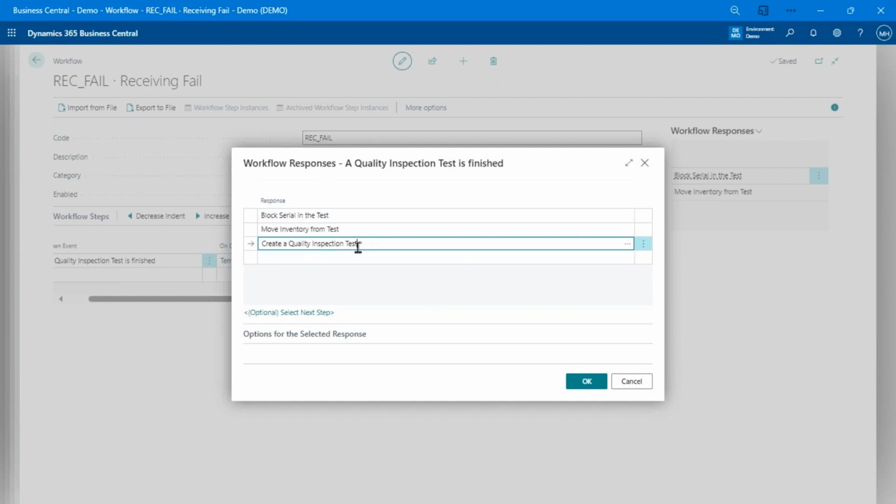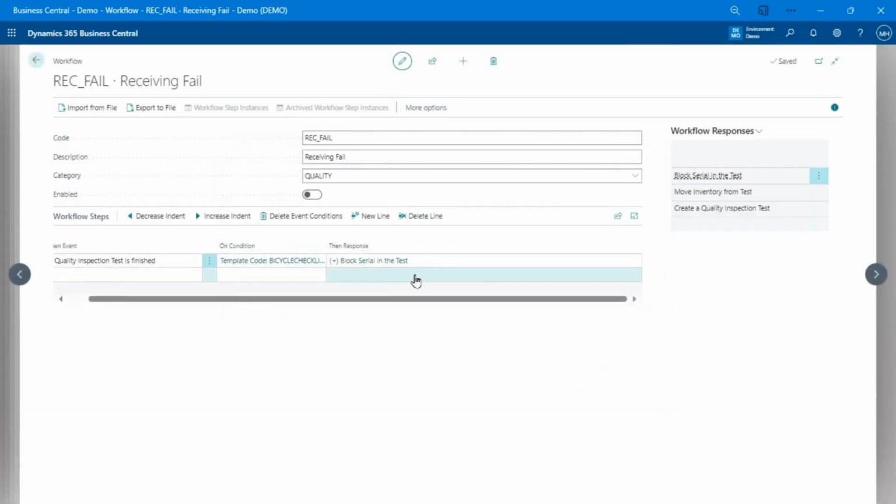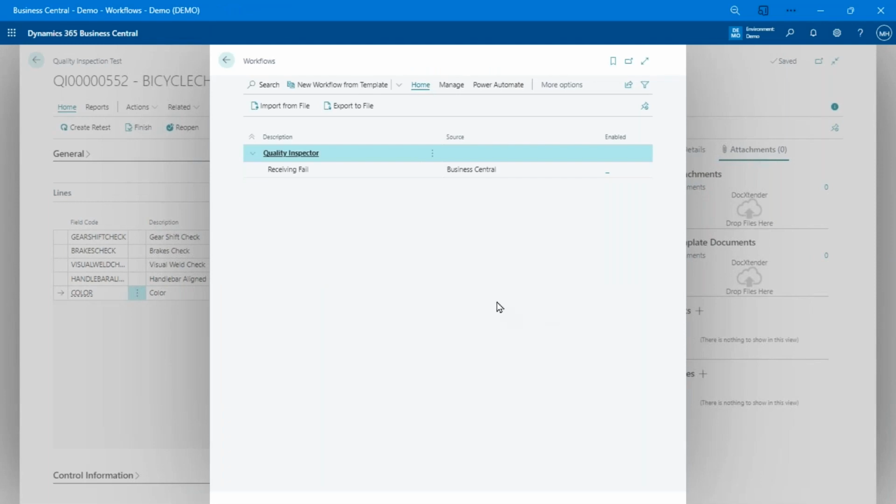Or maybe I want to do a corrective action report, or just redo the bicycle inspection again. Create a new test to retest it in the new location. So those are the types of things you can do in the workflow. Very quick and easy to set up, and bang, we've got it done. Okay, and I'll show you how we can do that. Similar things in Power Automate, just with a lot more capability in the Power Automate stuff.